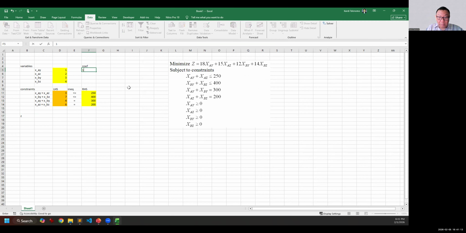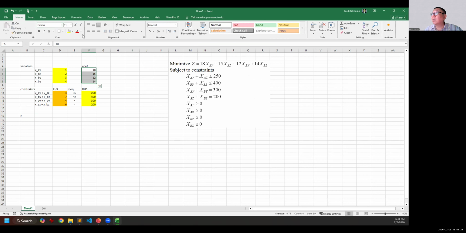Okay, so this one is 18, right? 15, is that correct? And then 12, and then 14. Yeah, this is the objective function coefficient. Again, because this is what I type, I put it yellow so that you know this is the one that I type. So the z, the objective function is what?